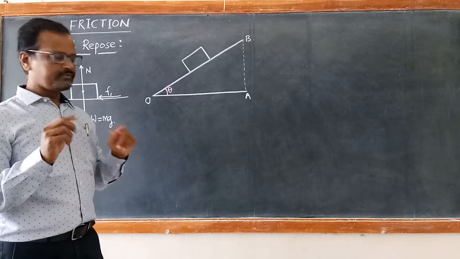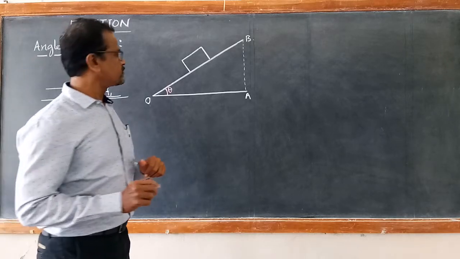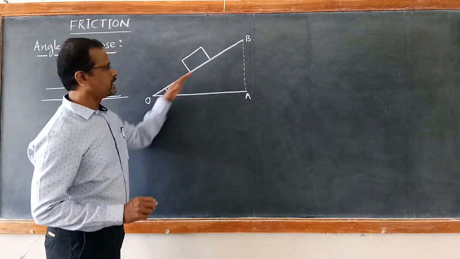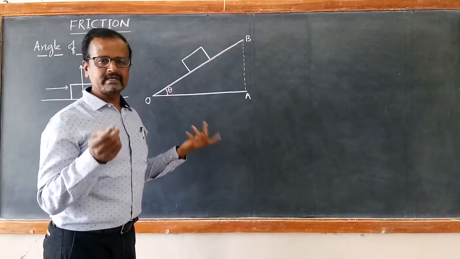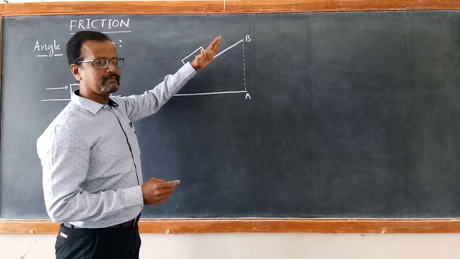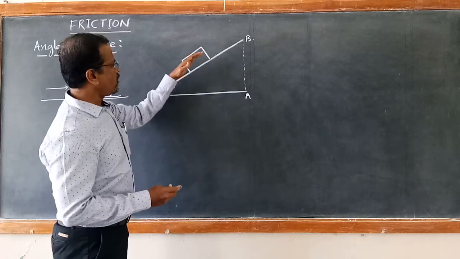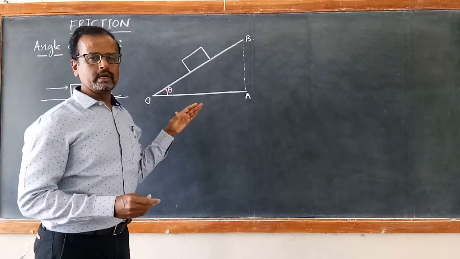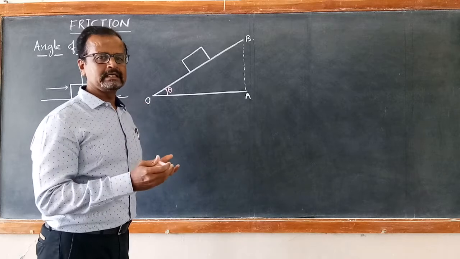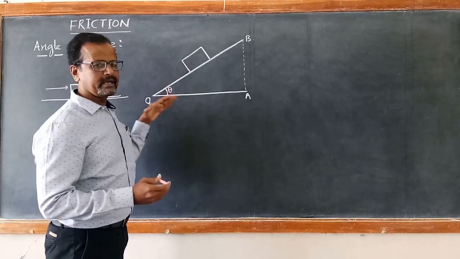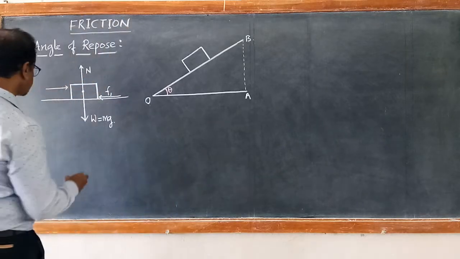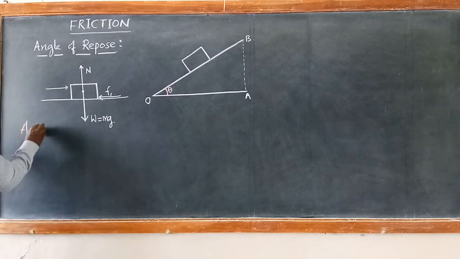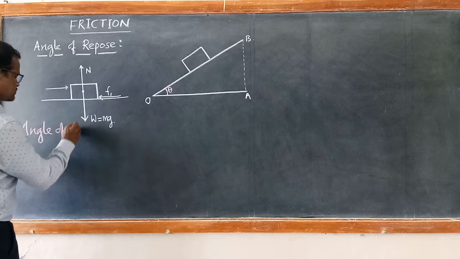Before that, we first write out what is angle of repose. The minimum angle of the inclined plane, for which the box starts sliding on its own due to its own weight along the inclined plane, is called the angle of repose. So angle of repose